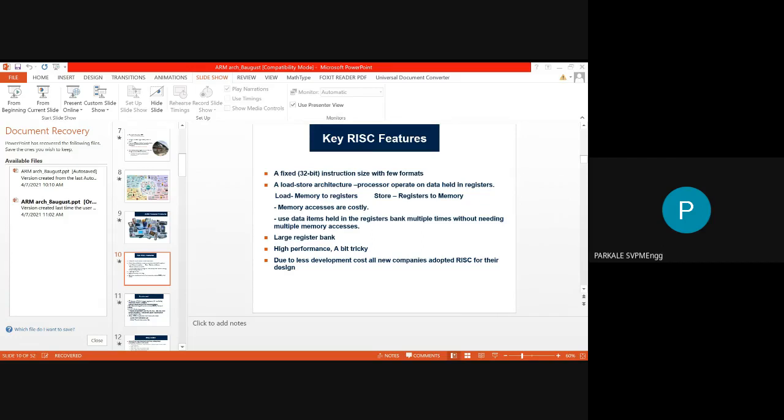The fourth feature is high performance. Your RISC processor will provide you high performance. What is high performance? That means it will execute mega instructions per second, and when it executes those mega instructions per second, it will consume less power.